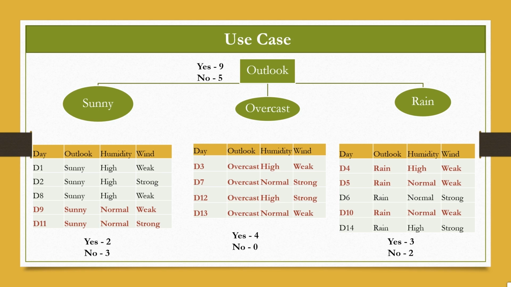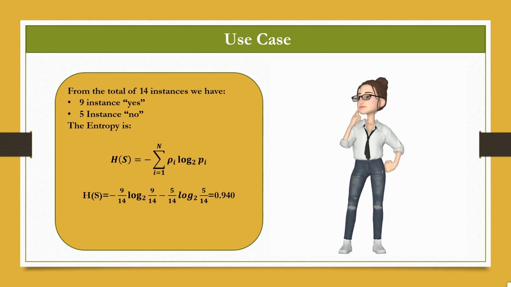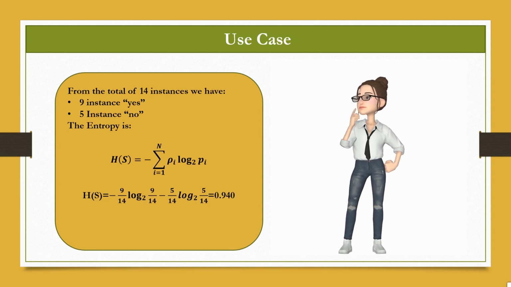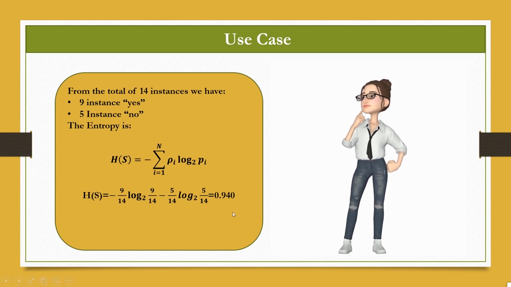So how we can do this is we need to use information gain and entropy. From the total of the 14 instances that we saw, 9 of them said yes and 5 of the instances said no. You cannot play on that particular day. So how do you calculate the entropy? This is the formula. You just substitute the values in the formula, and you will get the value of 0.940. This is the entropy, or the uncertainty of the data present in a sample.